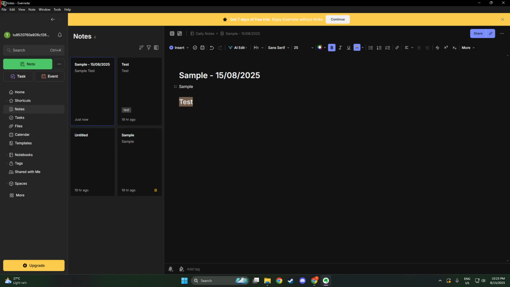And there you have it. In just a few simple steps, you've learned how to effectively use highlights to emphasize critical information in your Evernote notes. Use this capability to enhance your note-taking and make your important information stand out